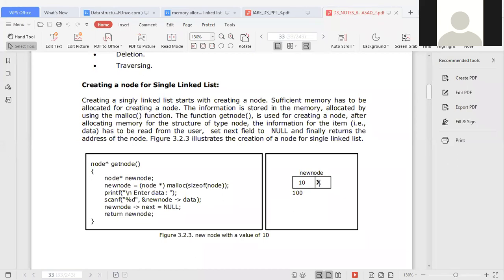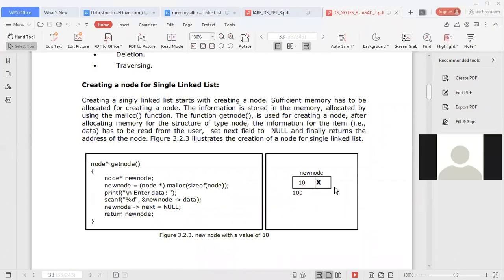If the address field has null, then this is the last node. Yes, sir. And is there any other node other than this? No, sir. So if a particular list has only one node, then ultimately the next address field contains a null value. If there is only one node, the data field has data and the address field has null. Suppose there is one more node next to this, then here it will not be null; the next address field will hold the address of the next node. Is it clear? Yes, sir.